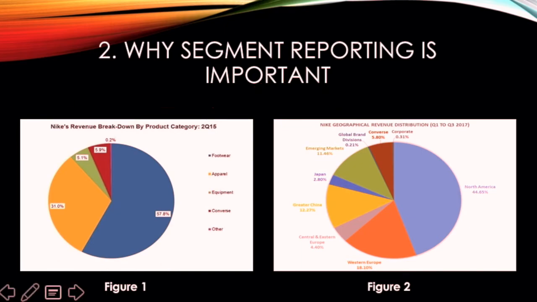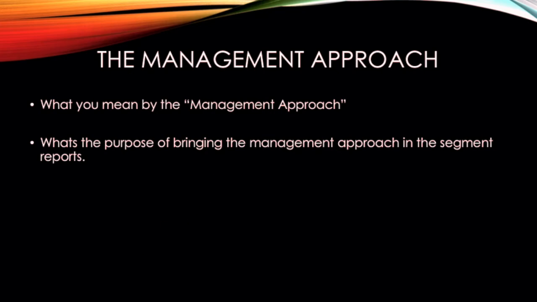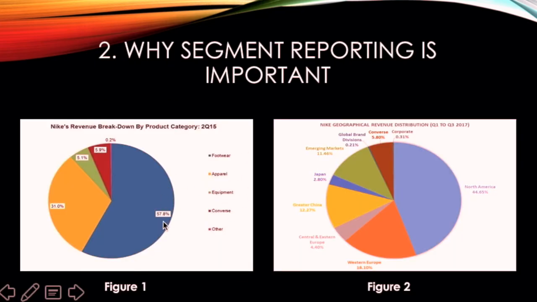Time up. Now, first it will help the analyst to understand how the business is doing in each of the major product lines. Think about this example. Footwear, it's coming out to be 58% of the total revenue. Apparel is 31%, and then all those small product categories. I won't go into detail on how equity research would be done on this data, but I can give you a basic understanding of what we do.